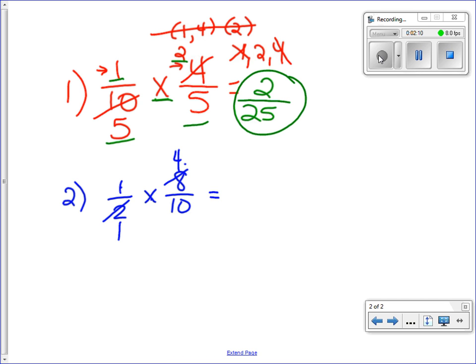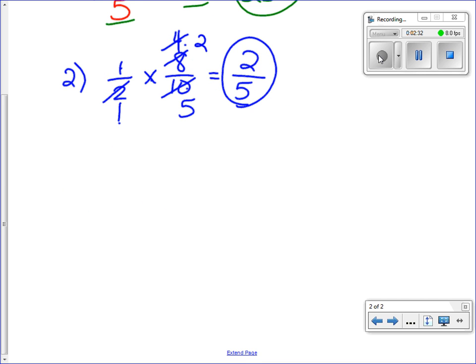1 times 4, well actually, I can also divide 4 and 10 by 2. 4 divided by 2 is 2, and 10 divided by 2 is 5. Now, these both are 1s, and 2 and 5, there's nothing else they have in common. So I can do 1 times 2 is 2, and 1 times 5 is 5. And there would be your final answer. Number 3